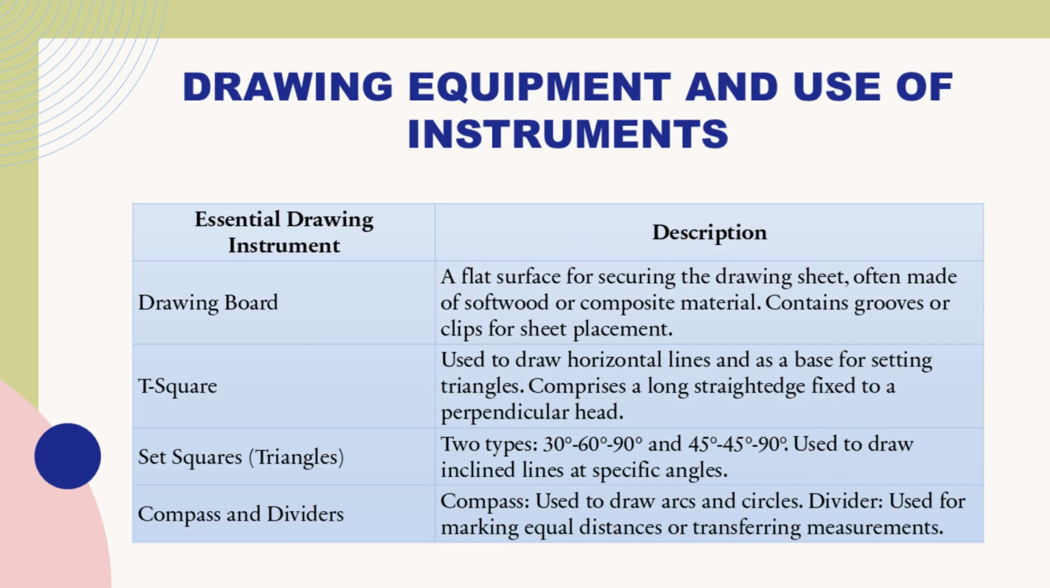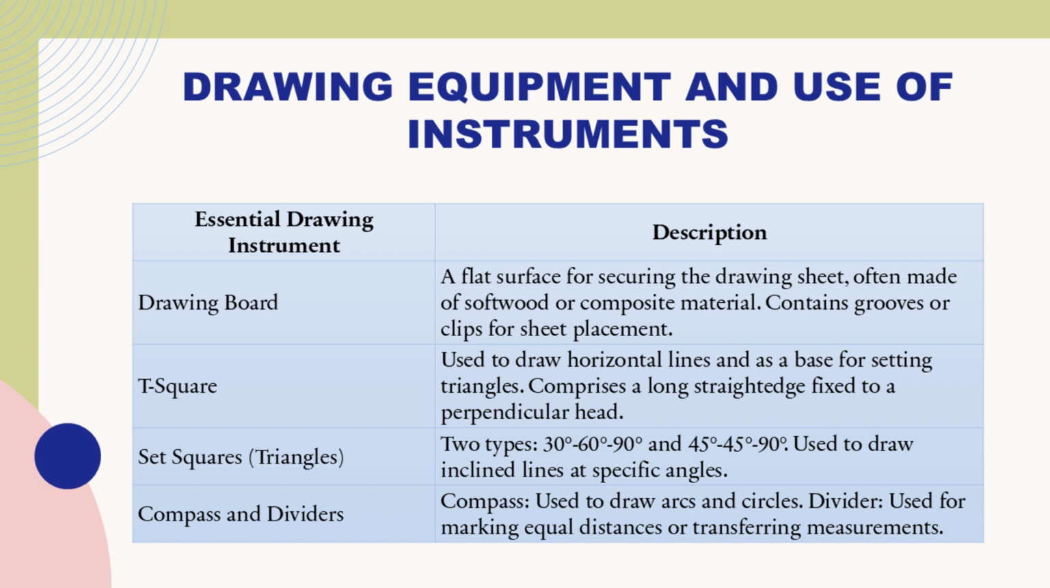Drawing equipment and instruments are fundamental tools used to communicate and realize technical ideas and designs in engineering. The drawing board provides a stable surface for securing the drawing sheet, allowing precise and detailed work. The T-square is crucial for drawing accurate horizontal lines and serves as a base for setting triangles. Set squares, also known as triangles, are used to draw inclined lines at specific angles, essential for creating precise geometric